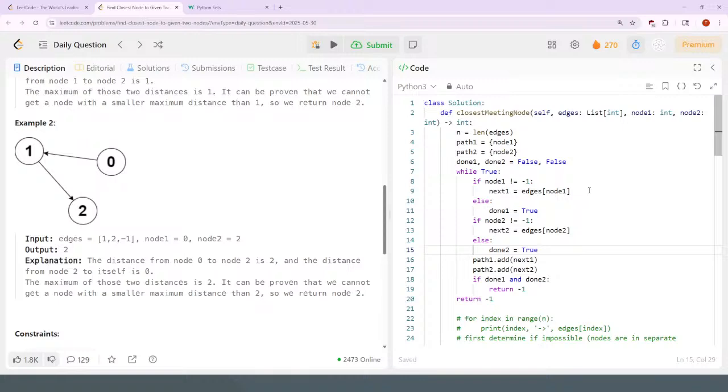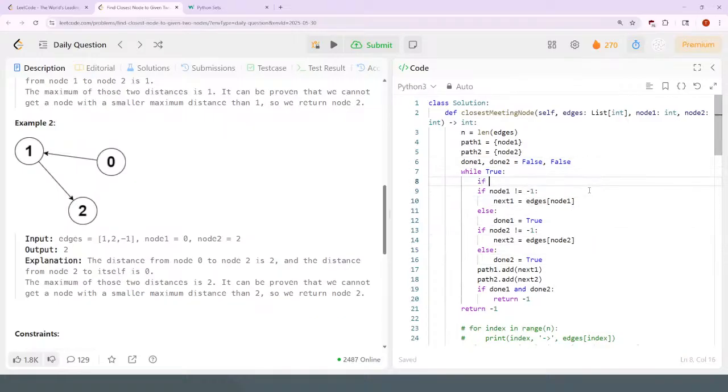So it's done if it terminates, or it's done if it finds that it's cycling. So I can say here, if not done1,